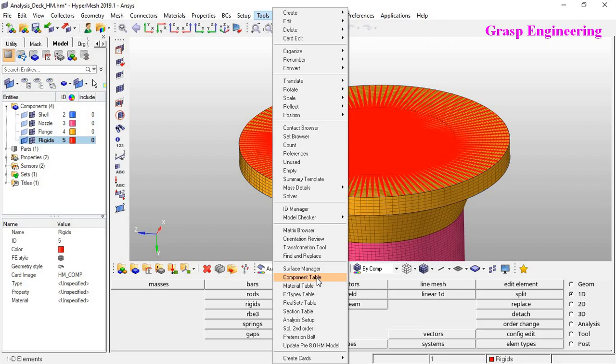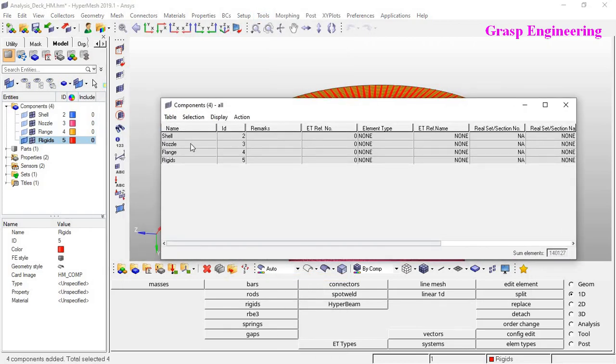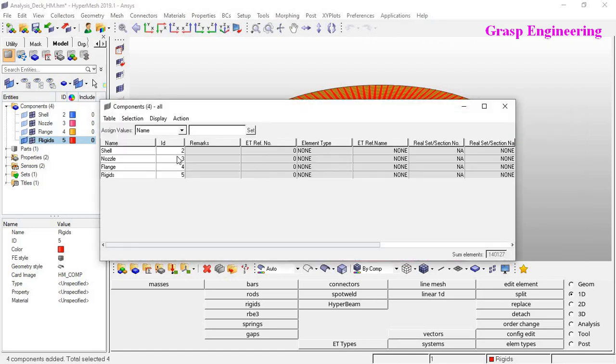Now let's assign to the respective components. So you can see here there are 4 different components. So let's select, and here you need to click editable.